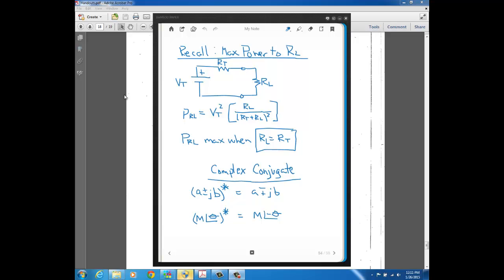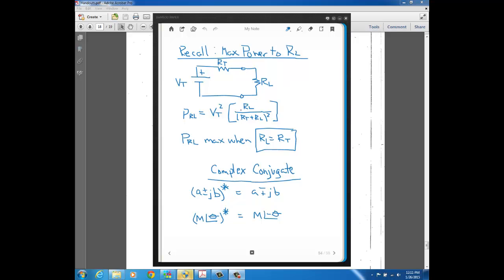This video is on getting maximum power to an impedance load, but before we talk about how to do that, I just wanted to review what we previously discussed in DC circuits with the condition of getting max power to a resistive load. So remember, we utilized a Thevenin equivalent circuit, and we attached a load, and we did a derivation, mainly finding the voltage across the resistive load